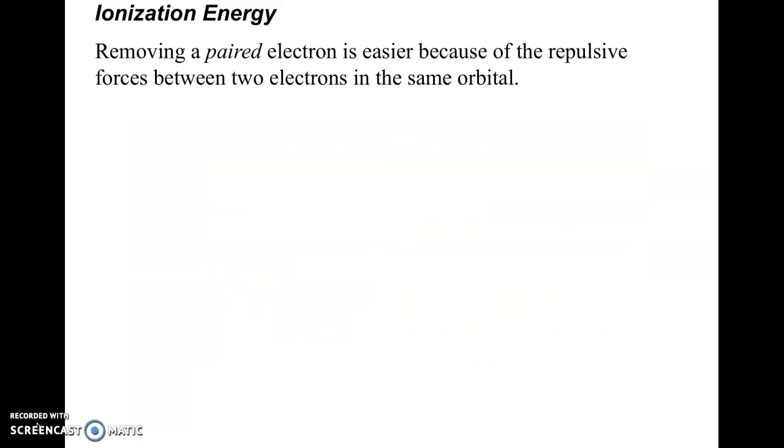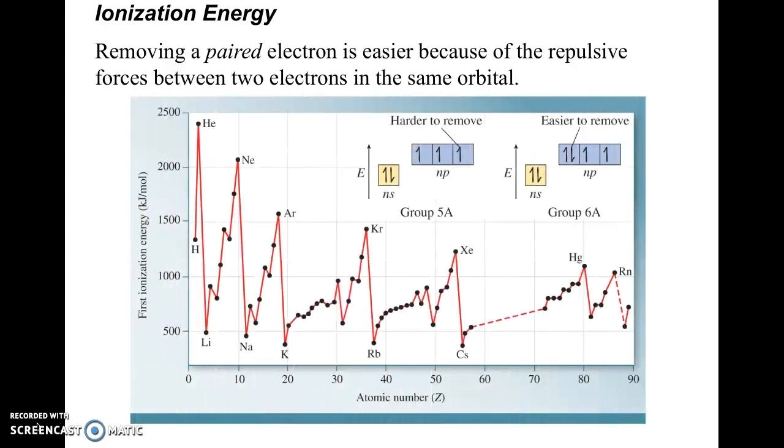It's also easier to remove a paired electron because that electron is actually getting pushed out. It's feeling a repulsion from the other electron in the same orbital. And so a good example of this is nitrogen versus oxygen. Oxygen is the third from neon, and you can see that its ionization energy is actually lower than nitrogen's because oxygen has that electronic diagram on the right where you're putting one paired electron up in the p